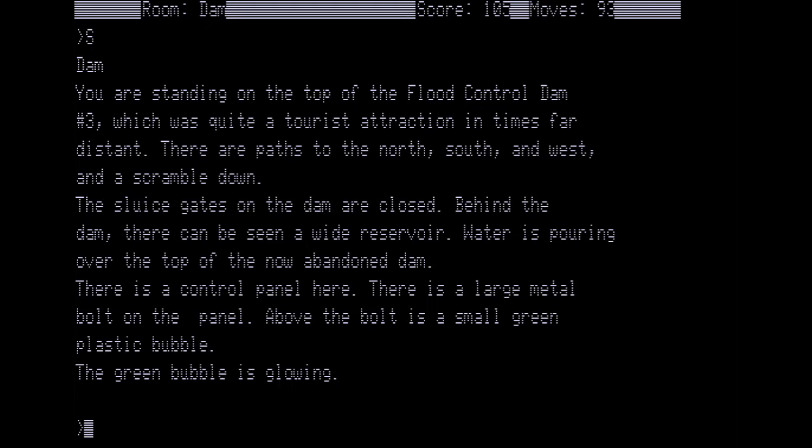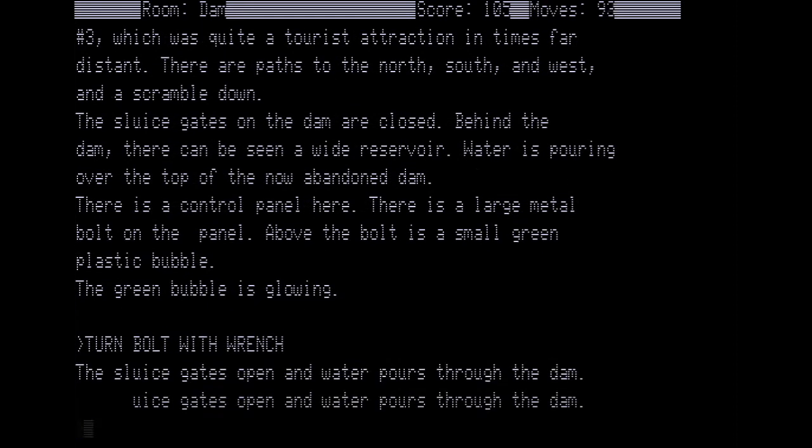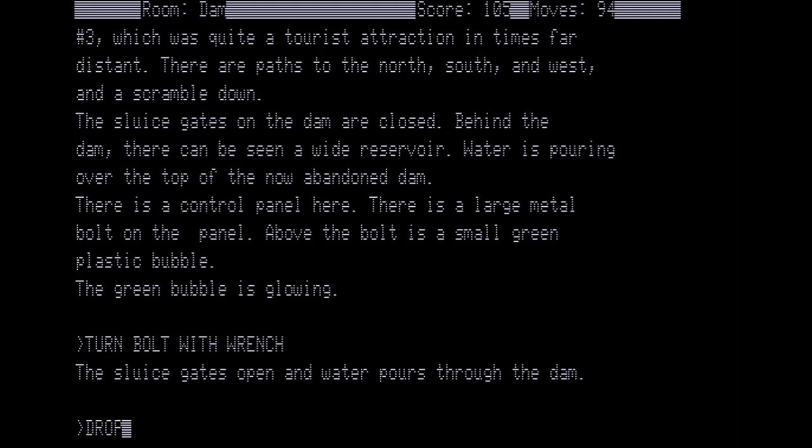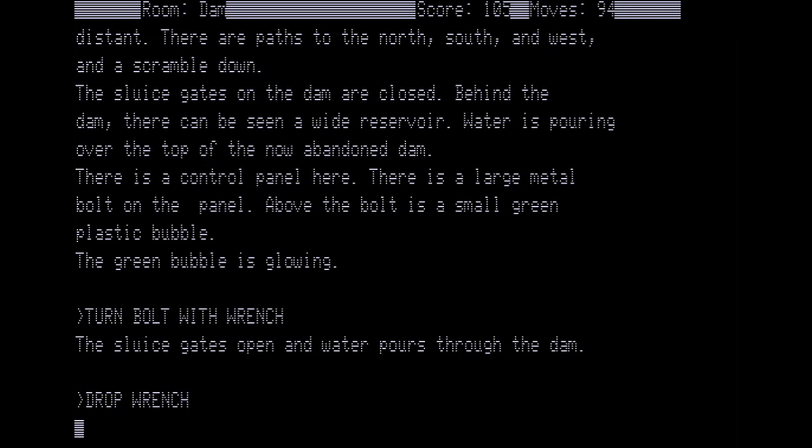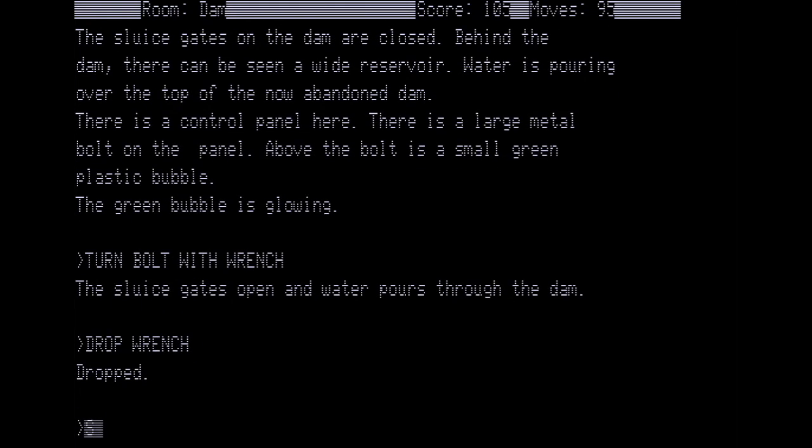We want to turn the bolt with the wrench. The sluice gates open and water pours through the dam. So now they are open. They were closed before, they are now open. And we no longer need the wrench. So let's drop it. And then we are going to go south